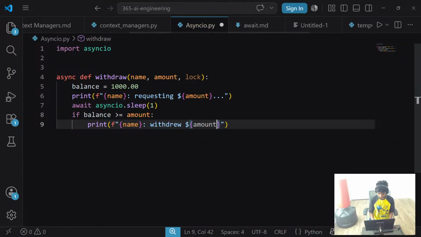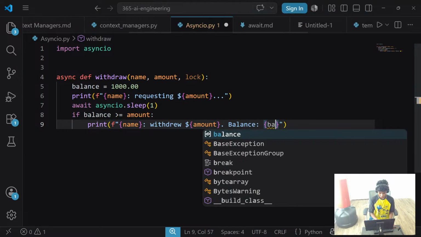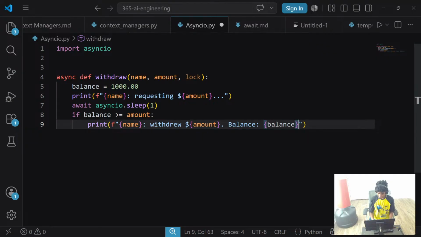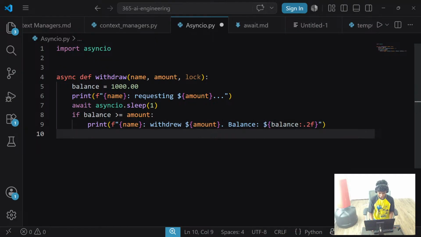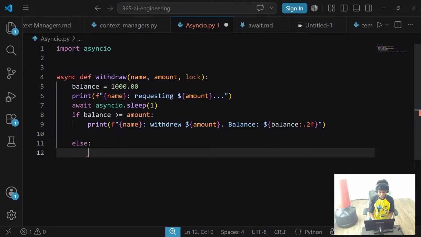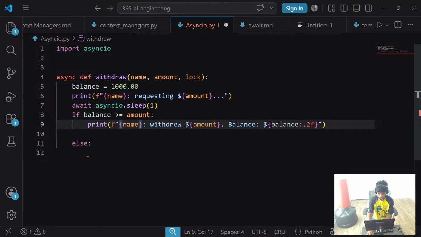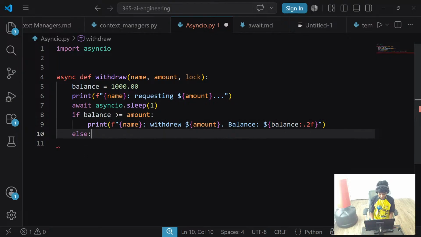Let's go with something like amount. And then our current balance is going to be our balance variable, balance. I may go with :.2f. There we go. Perfect. That's actually about it. This is gonna have a $ sign here. And then next up, withdrew this much. And then I'm gonna go with an else clause, which has a print statement that says something like